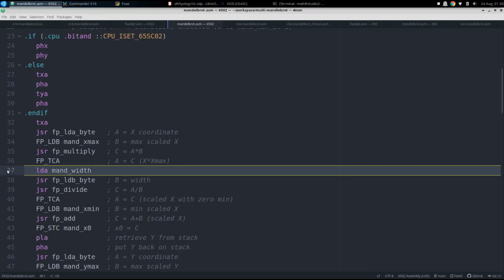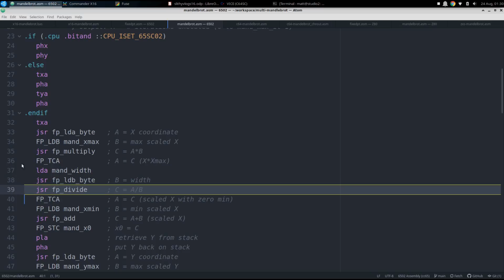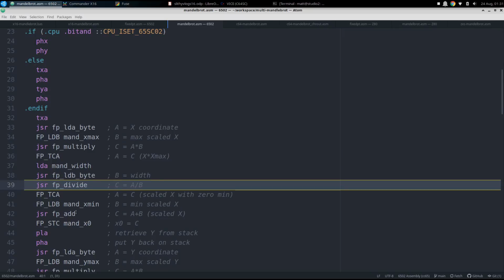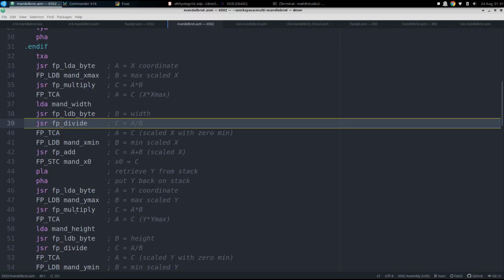Then we can transfer C to the A register, and then we are loading up the width into the B register this time, and now we are going to divide B out of A, right? A divided by B goes into C, and what that will give us is this x times x max. It will be in A, and then the width will be in B. So we're dividing that maximum value by B, just like we did before, and going through these steps until eventually we get